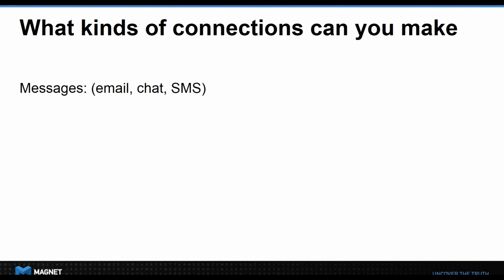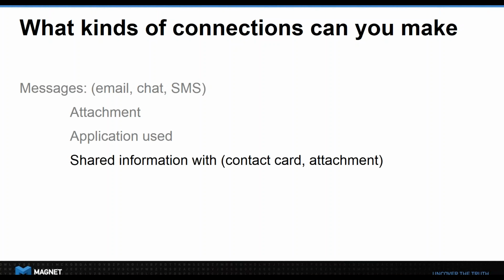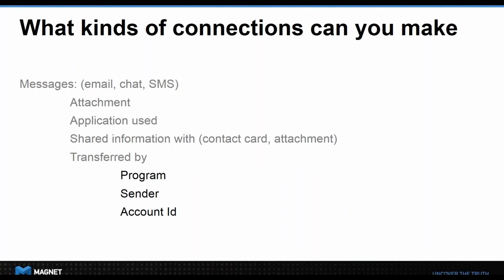So let's talk about the connections. So let's say we have any message, and messages is a pretty big category. So email, chat, SMS, etc. Well, we can make connections based on the attachment itself, based on the application it was used, based on information that was maybe shared. For example, in a chat application, you might be sharing a contact card, or you might be sharing a geolocation that you're at, as well as who transferred that data. So that can be the program that sent it, it can be the sender themselves, or it can be an account ID. And the whole point is once we have a message, we can now correlate that message